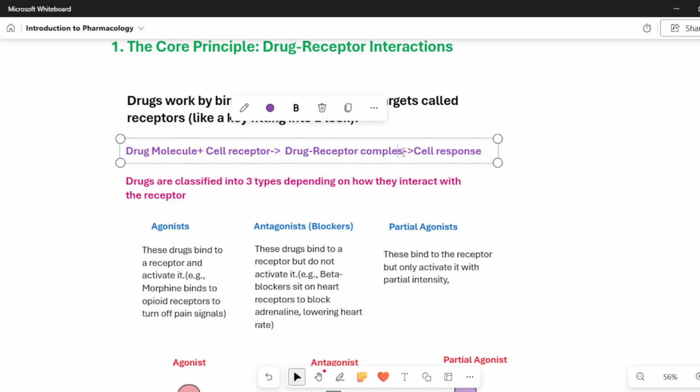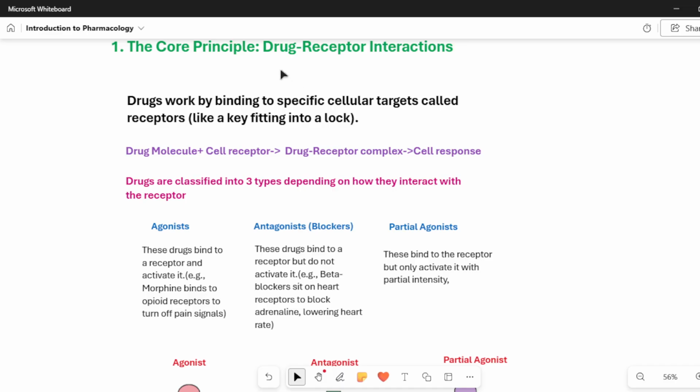They both combine and form that new complex. After that, the cell acts as per what the drug and receptor complex tells it to do. It sends signals or it blocks something, it does something, once the drug binds with the receptor. So that is what happens during the drug receptor interaction.